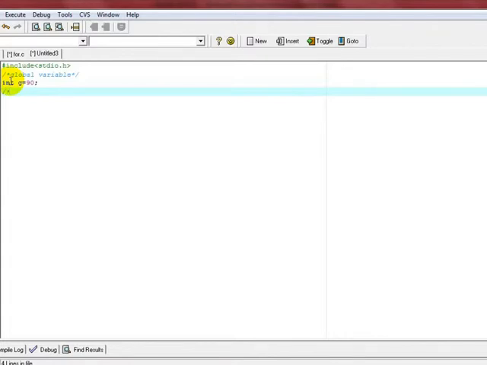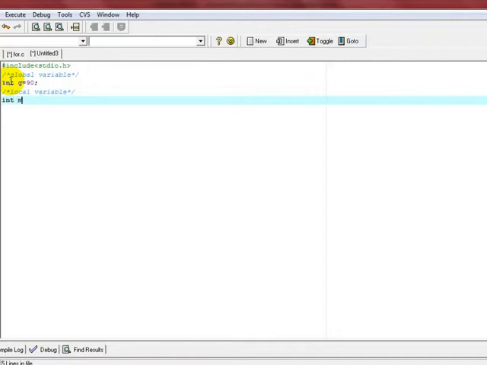Now I want to declare the local variable. Integer main, bracket open, integer a is equal to 30,